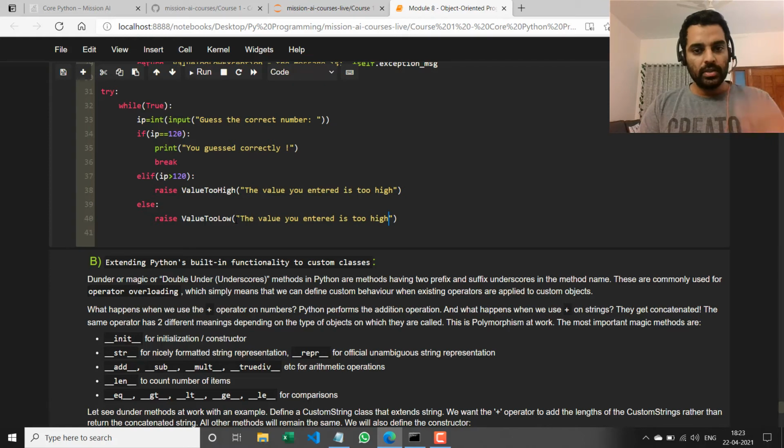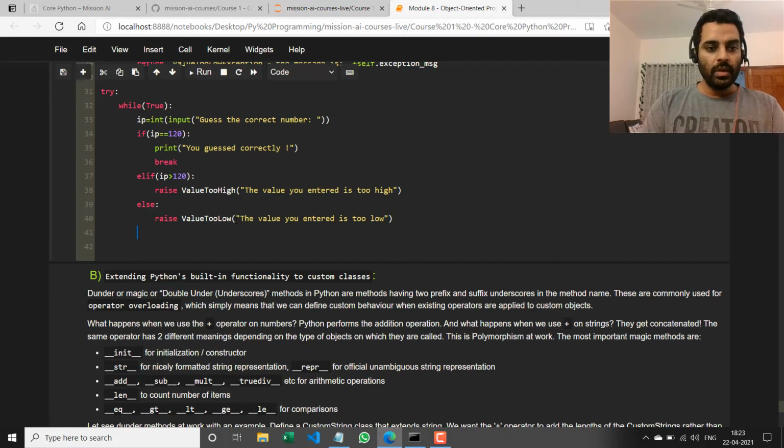The value entered is too low. Okay. So this while loop keeps running till they guess the right number. If they guess it right, great. If they don't guess it right, I either throw a value too high or a value too low exception depending on the case. Now I'm catching this exception in the except block, right?